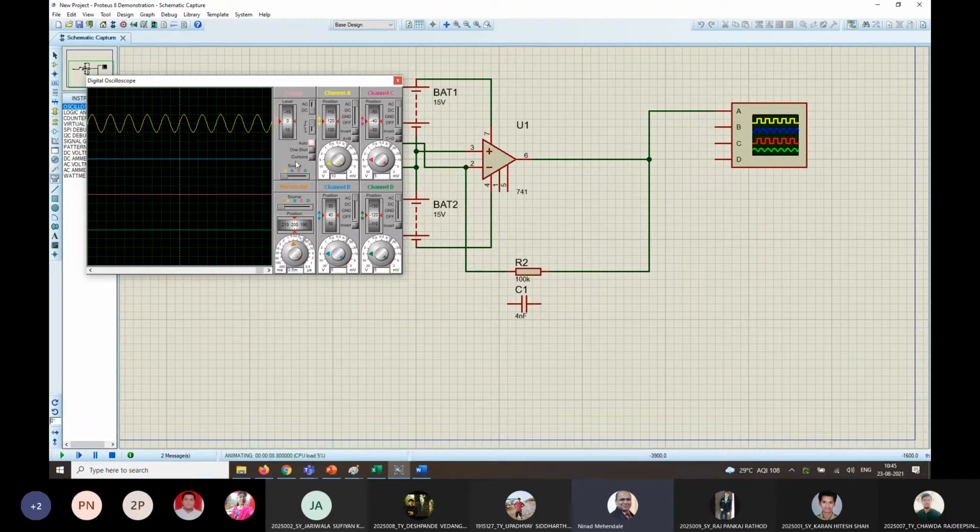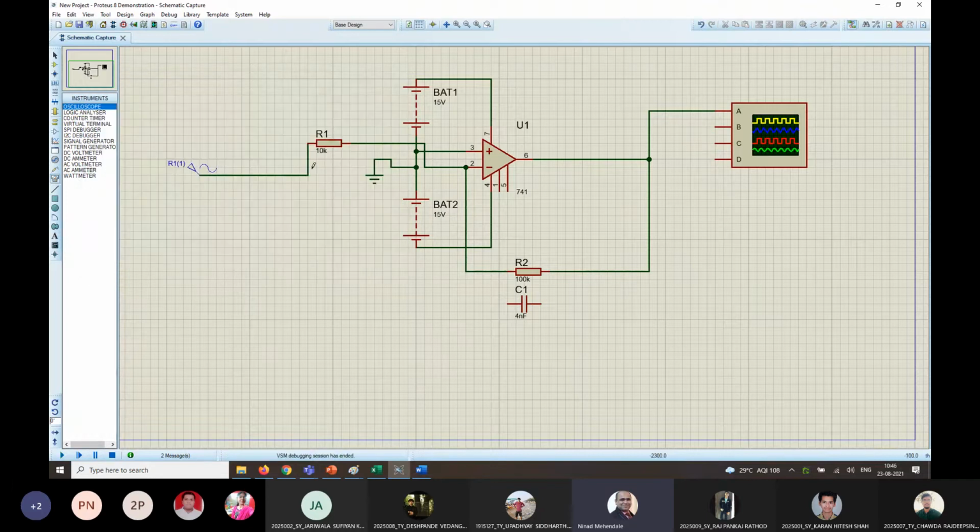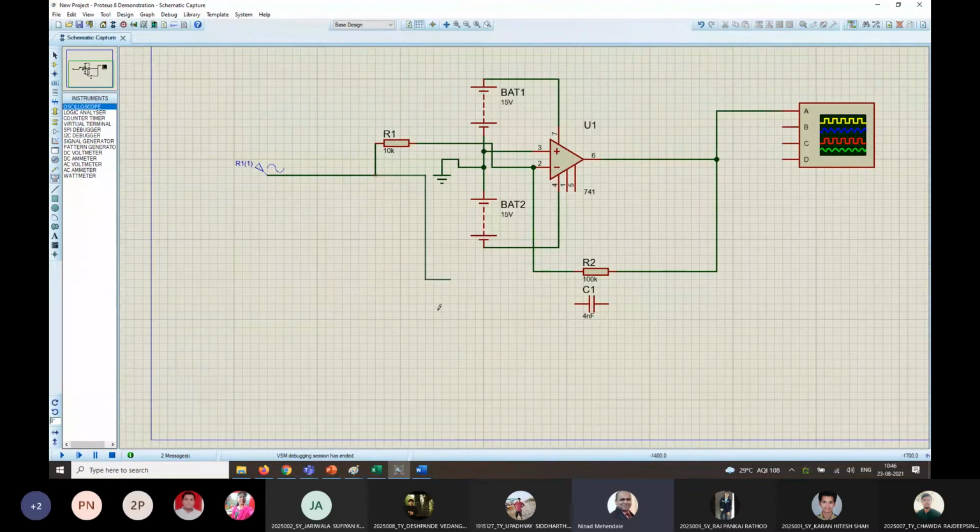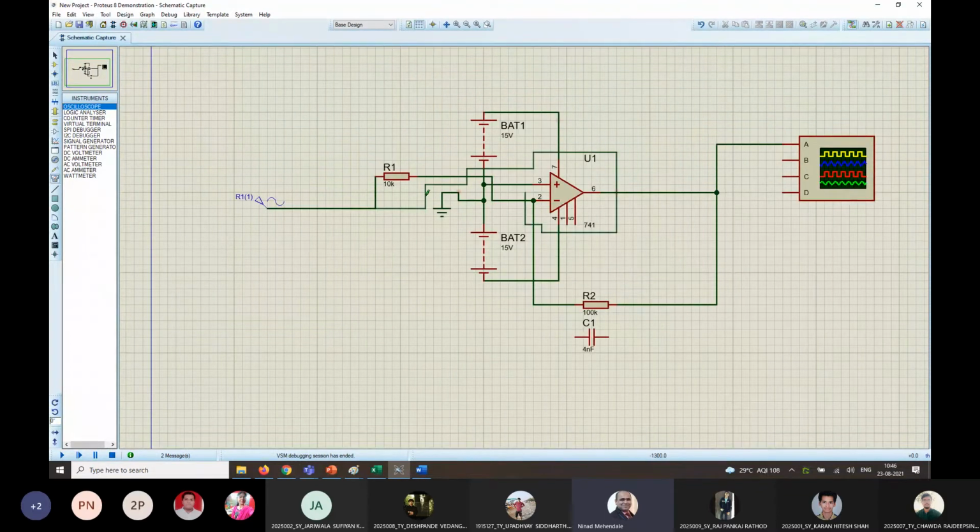Now it is better if I see the sinusoid input as well, so that I am sure that input is getting amplified. So I will just connect the input maybe from the top. Now sometimes these lines don't go where you want to take them. So what you can do is just bring it somewhere, click, then you go straight, then again click, and then you come to this point, click, and then connect.